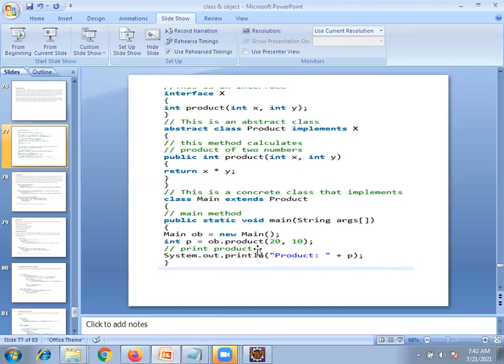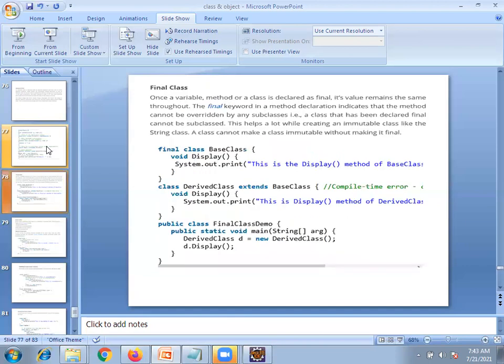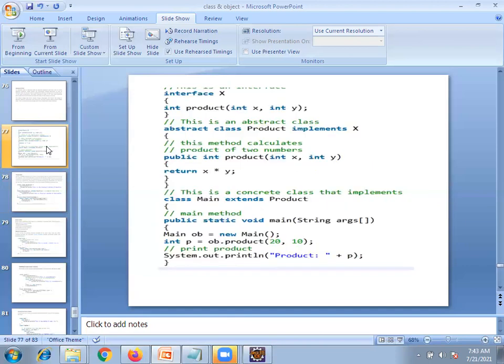Always we need to use the main method. Inside the main method, we need to create a product object, and then we are trying to call that. Hope you are getting what I'm saying, right? Now the abstract part also. What exactly is abstract? It is a skeleton method. That's what I'm going to tell you.